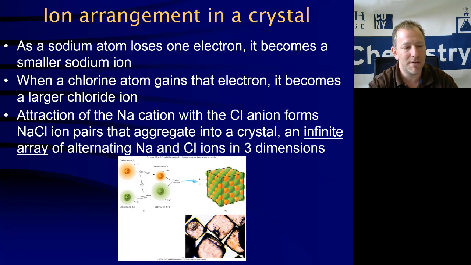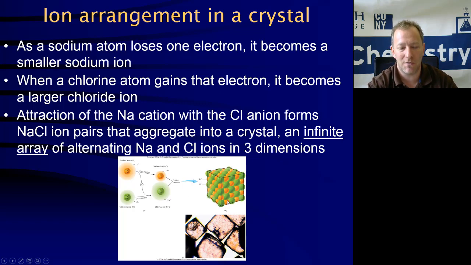Now, I've said it repeatedly, and I'm pretty sure I've shown you this picture before. Again, great picture out of the textbook. Sodium element, bigger than the sodium cation. Chlorine, the element, smaller than chloride, the anion. And we have an alternating plus-minus arrangement of those cations and anions. Now, we don't know which chloride goes with this sodium cation. Is it this one? Is it this one? Is it one behind that we can't see? Is it one out here not shown? We don't know. But what we do know is that there's one sodium cation for every chloride anion in this